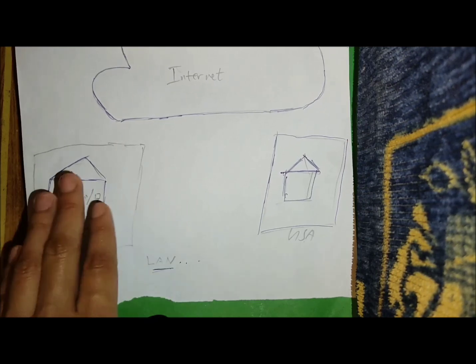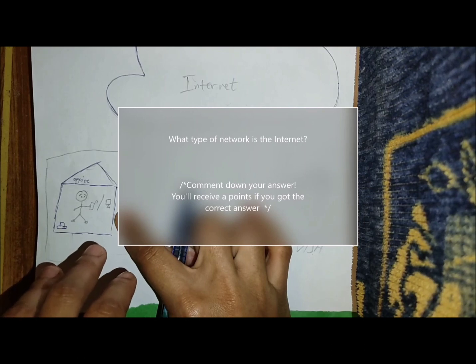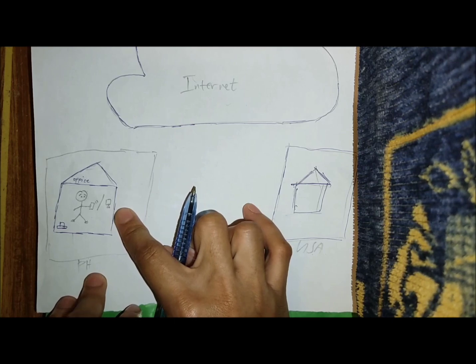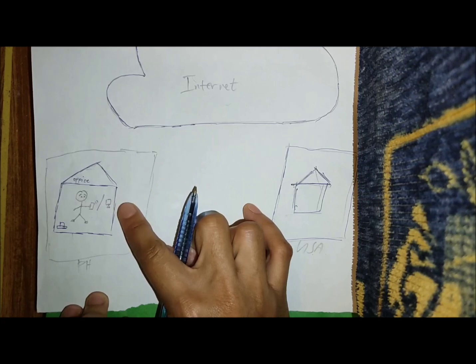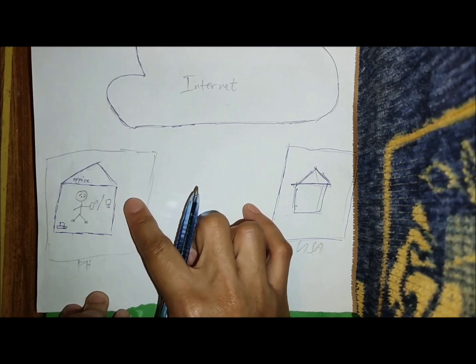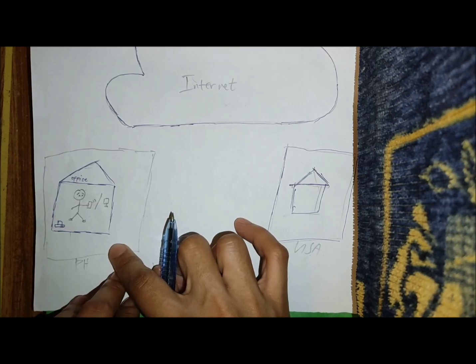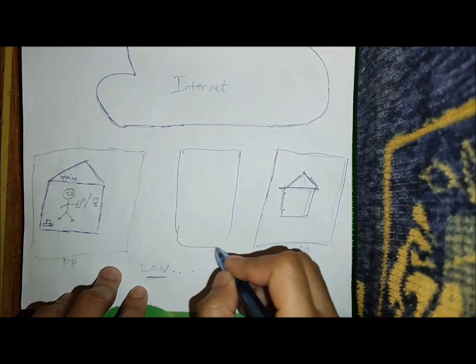So si LAN, ang area nga iya gi-cover is only local, or small area like office, home, school, laboratory, university campus, or office building. So you cannot create a LAN between computers located in Philippines and computers located in, let's say, Korea.